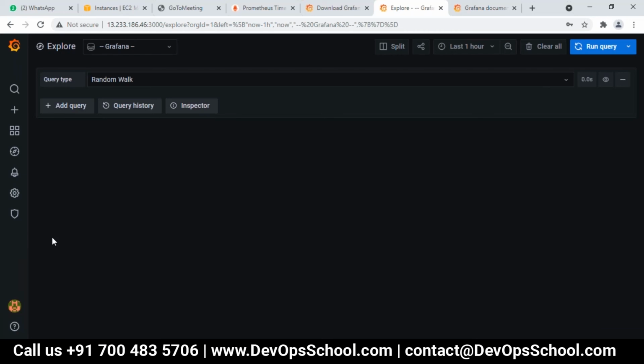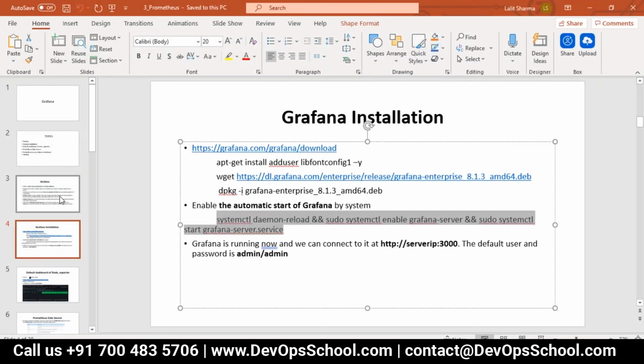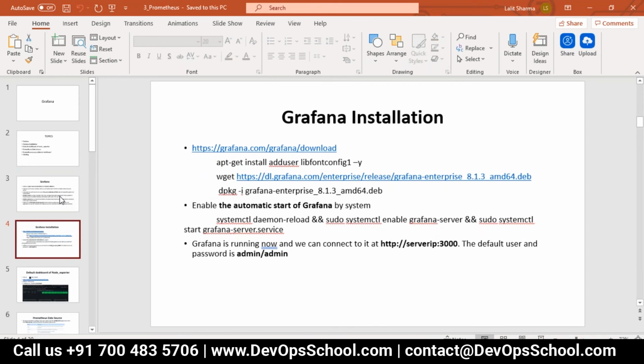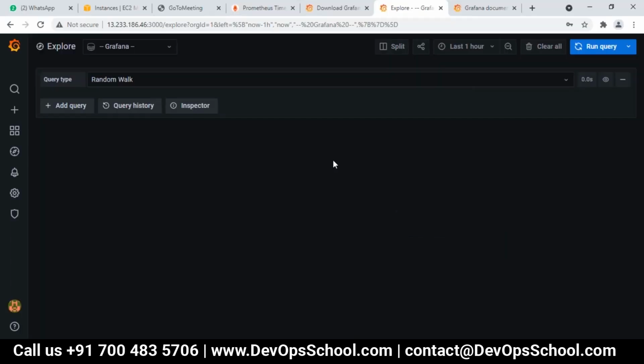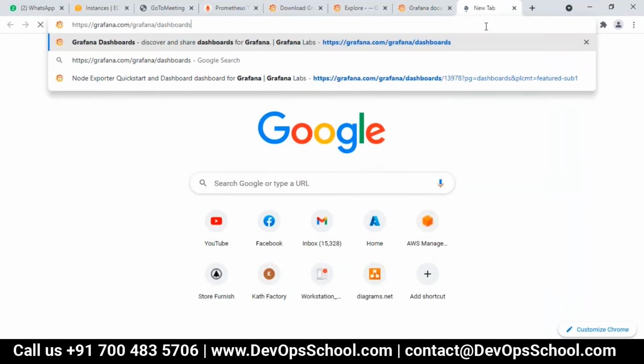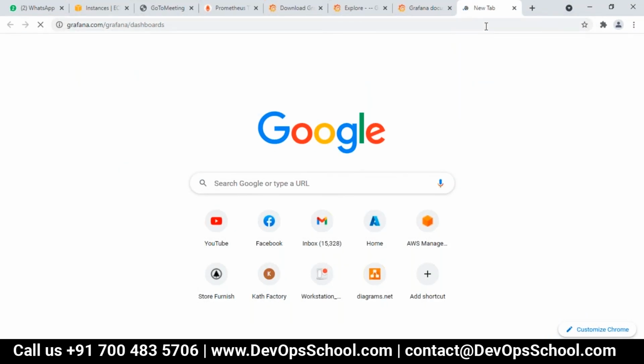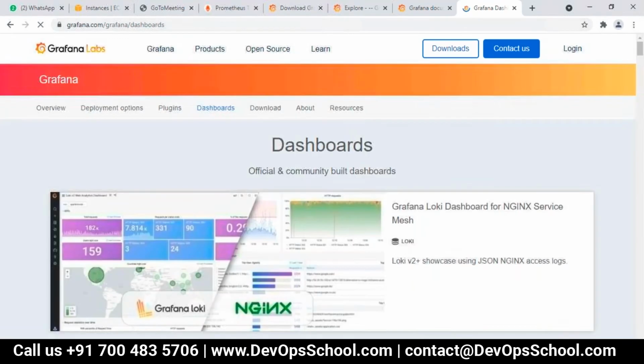So what we are going to do now, firstly, is create one default dashboard. If you just go to this link, it contains all the official and community-built dashboards. Community-built dashboards are the dashboards developed by developers who are part of this community.